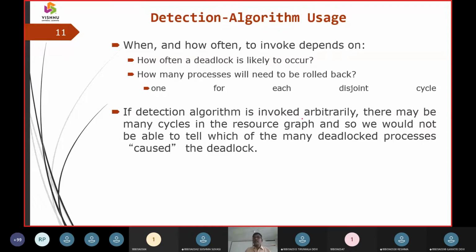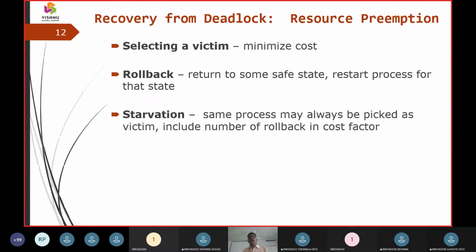Obviously, if there are no cycles, deadlock won't happen. But if there is a cycle in a deadlock, that cycle has to be broken so that the deadlock is eliminated. So the root cause where a cycle has been created is analyzed, the cycle is identified, and then we eliminate it.